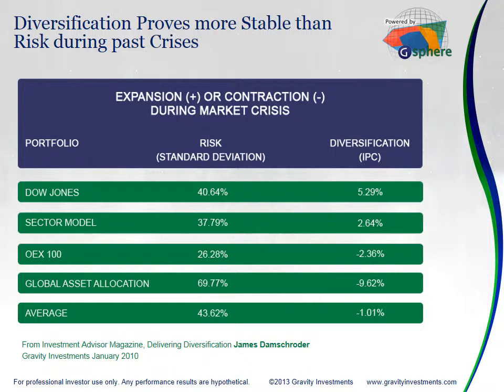We contrast that now to the statistics measuring the IPC, or systematic diversification scores, measured for the same period in the same methodology for the same model portfolios. And we see some actually expanded, others contracted, but on average we see a small minor contraction in the diversification, just on the order of 1%. So even through the pretty volatile periods, and a 3 month period was sort of designed to be a punitive